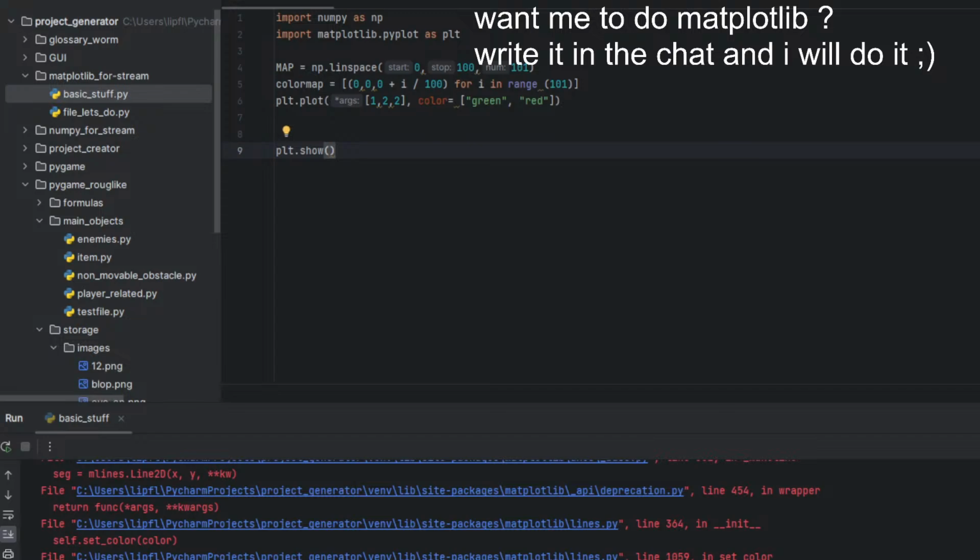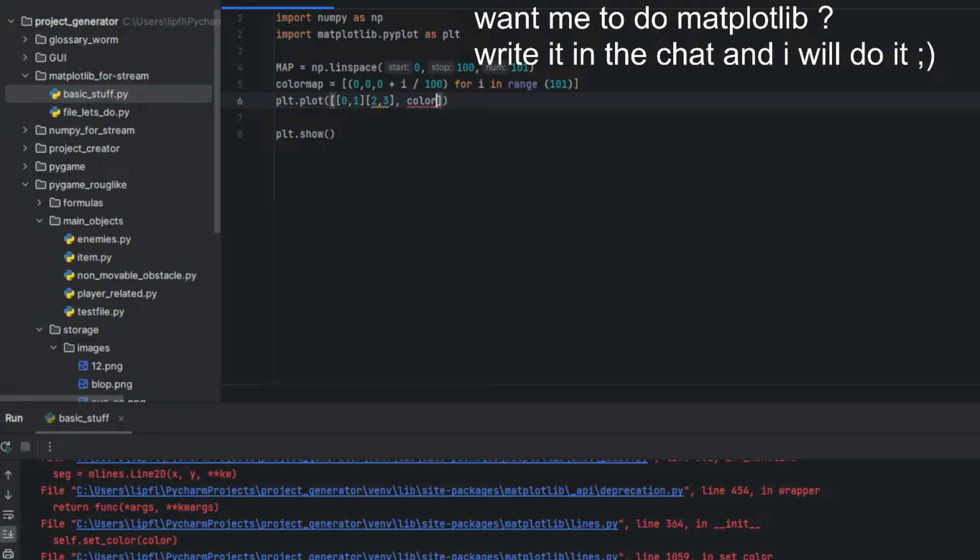How can we do that? Maybe we should do it like plt.plot, one more 0, 3, and oh, now we have a color map. Oh no, it's not an argument.